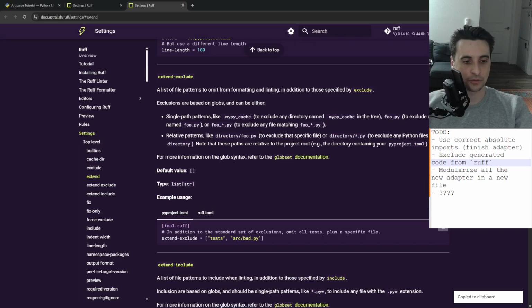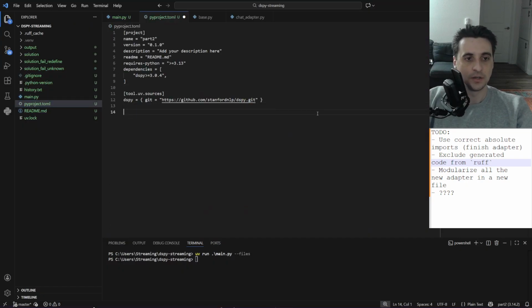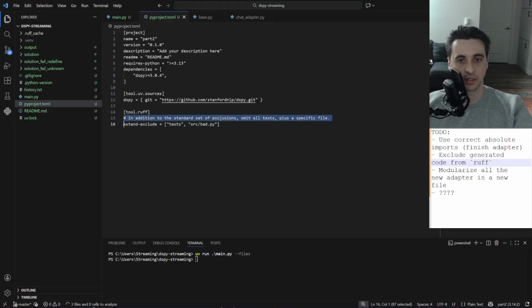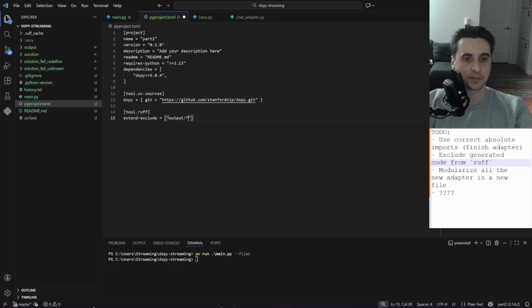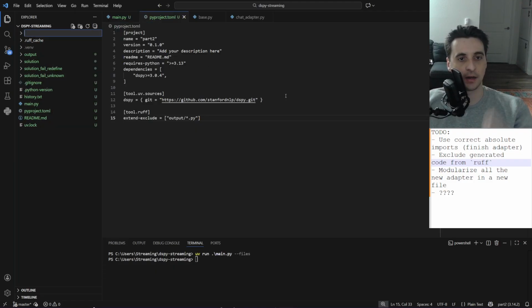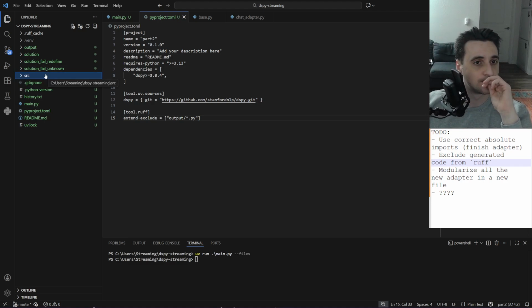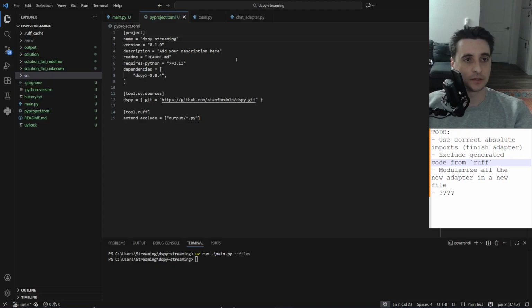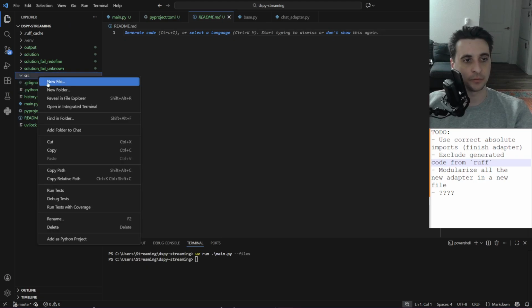Tool rough. Okay, so we just take this and we go to our Py project. And this is once again, okay, so we want to exclude output /.py. Okay. Another thing we need to do is, let's do it quick. We need to modularize our project itself. So it has an src. DSPy streaming, description, as a readme, whatever, and then we need, I believe,